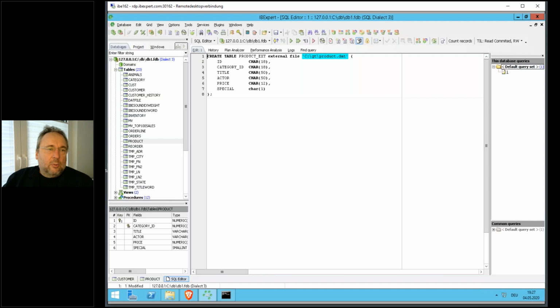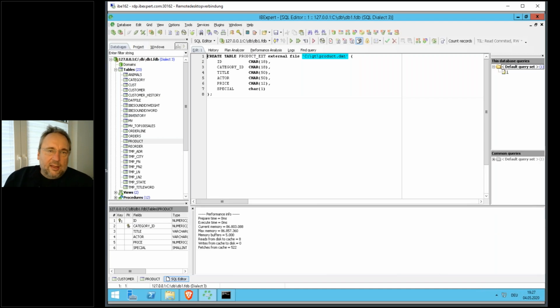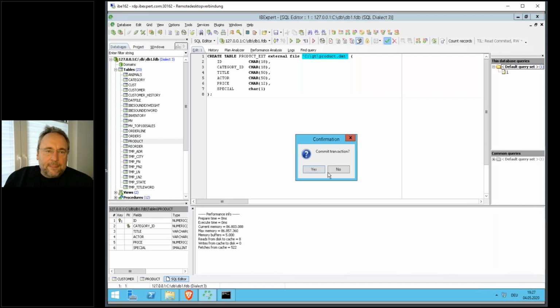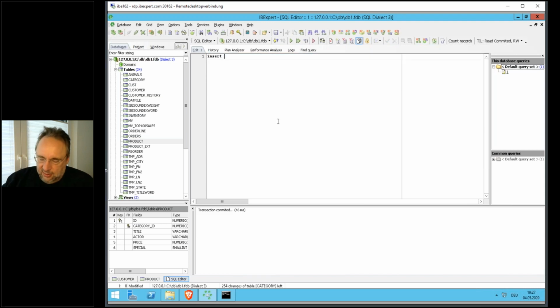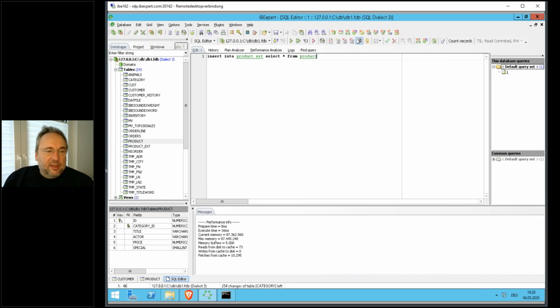And when we execute that and we commit that, we now say insert into product ext, select from product. It took approximately 16 milliseconds to export the data